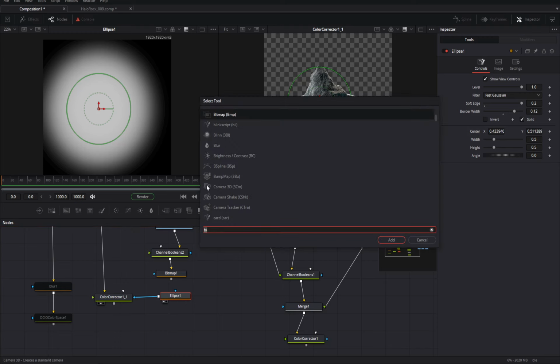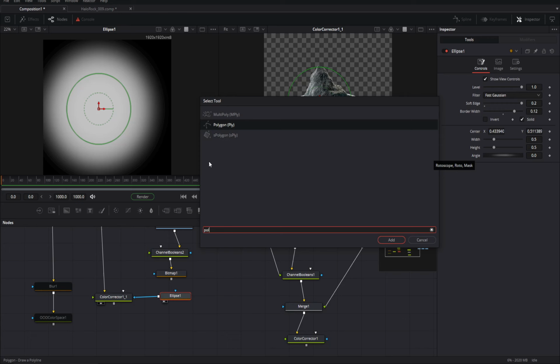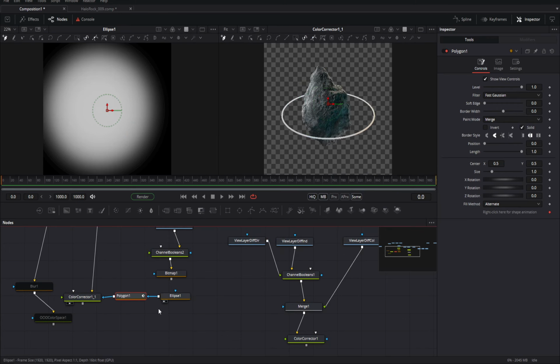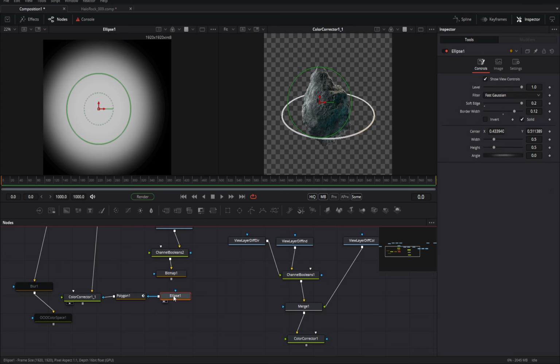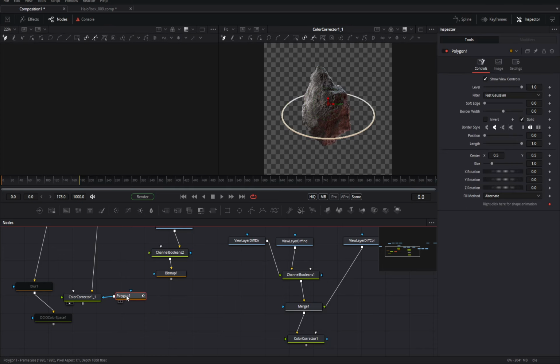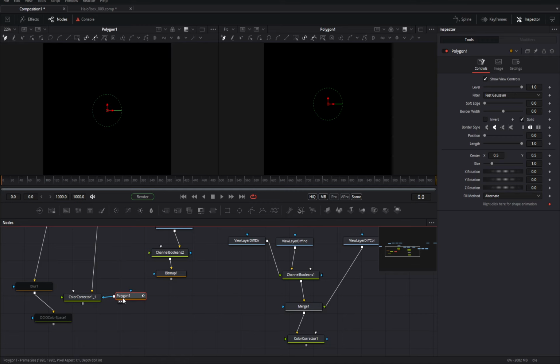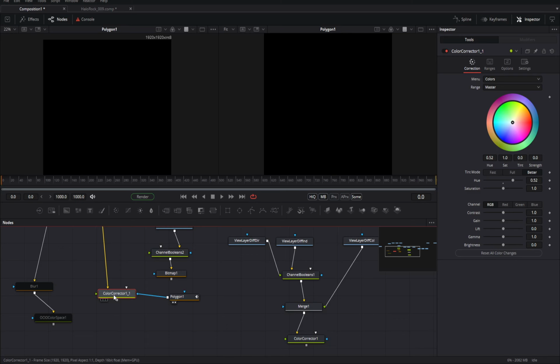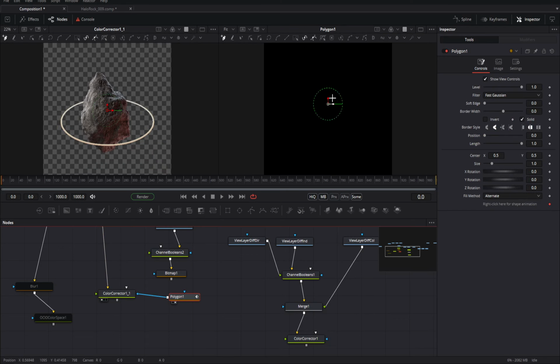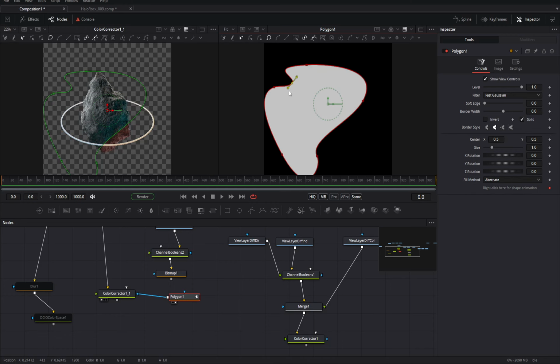Again, we have the polygon. Oh, watch out, mate. Alright, polygon here. With this one, it's a bit unique in a good way. With the polygon, you can draw your own mask. I can just make my own shapes. This is good if you're rotoing anything out, like maybe you want just a portion of it to be covered, but it's a more unique shape. You can use this,